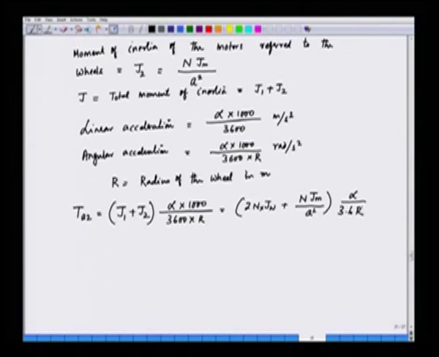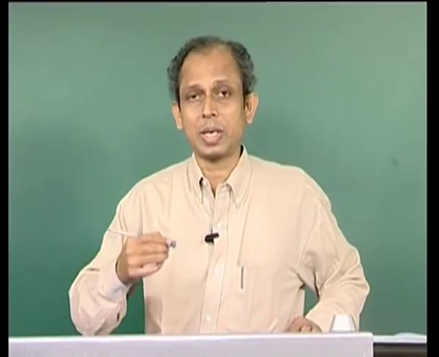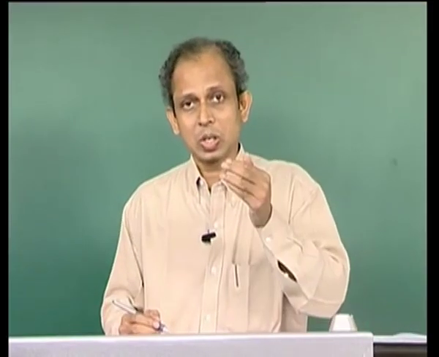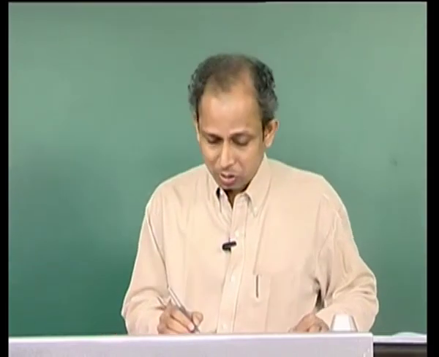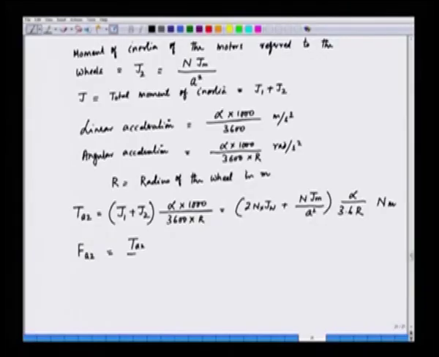So this is basically the effective torque, and if you want to find out the effective tractive effort, FA2, this is basically in Newton meter. FA2 is the tractive effort which has to be applied to accelerate the rotating parts, that is basically the torque divided by the radius, equal to TA2 by r. So we can calculate what is the total tractive effort. FA is the total tractive effort